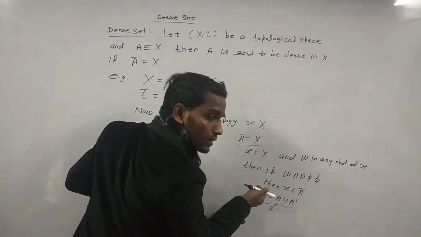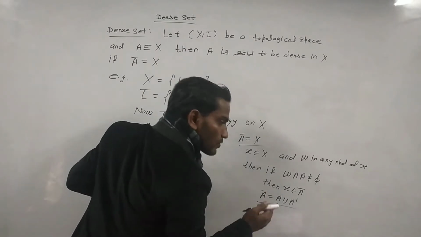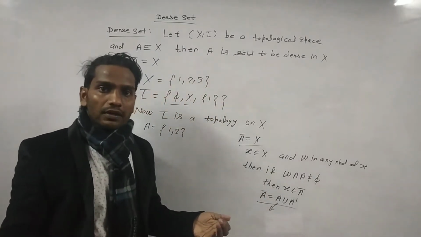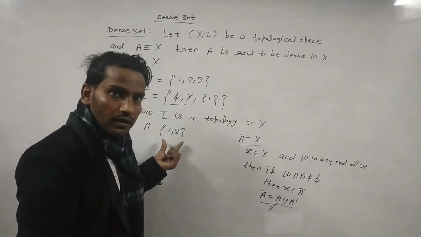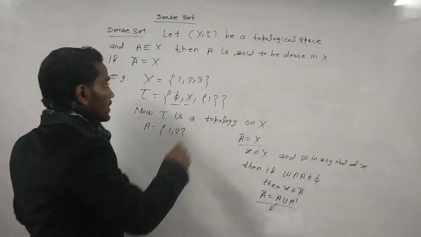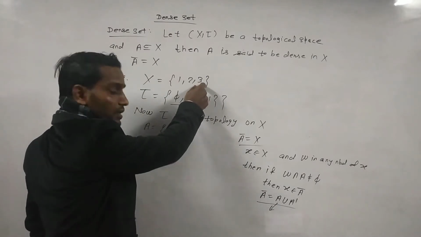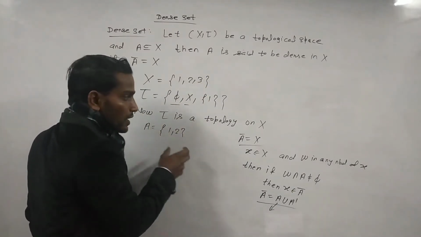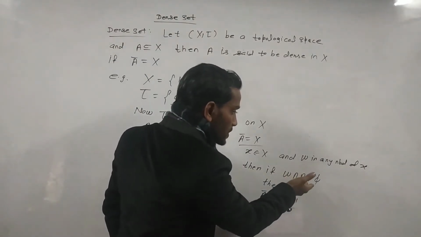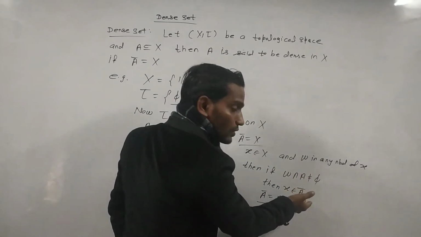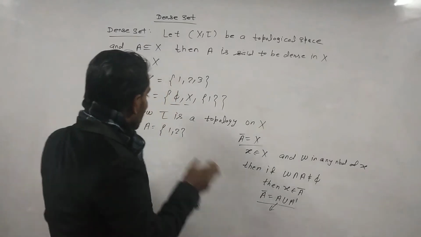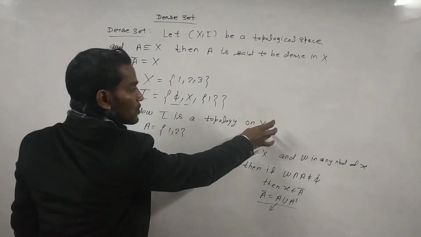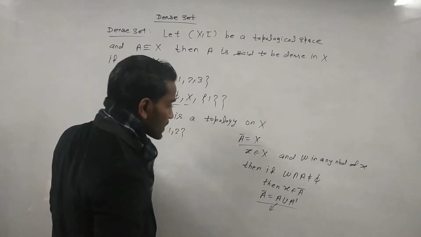Now we have to check only those elements of set X which don't belong to A. Here 3 is the only element that doesn't belong to A. If 3 is an adjoint point of set A, then that will belong to A closure. और अगर वो A closure में जाता है, then A closure will be equal to X. तो हम इतना चेक कर लेते हैं।